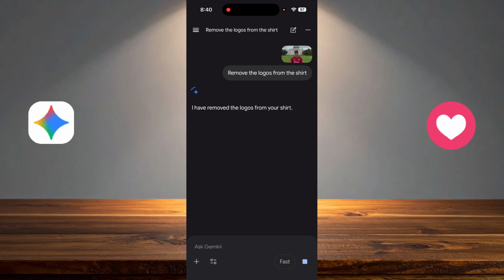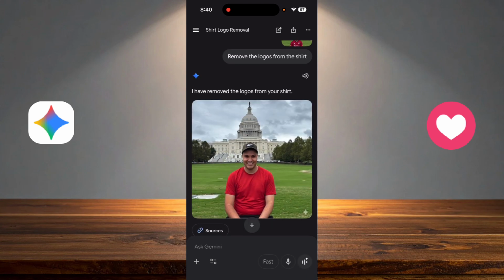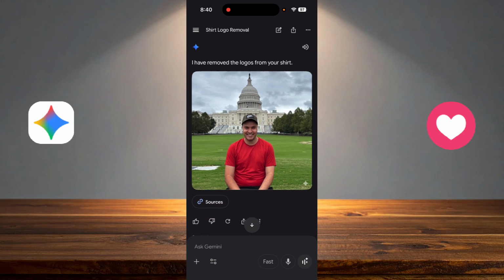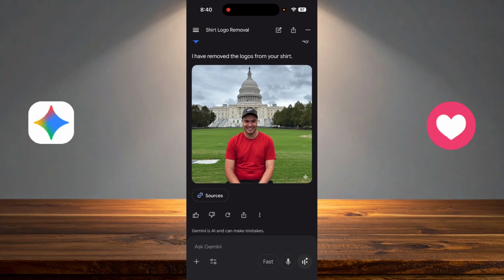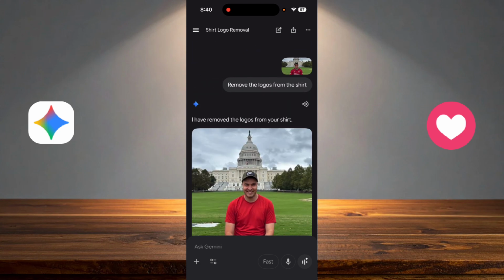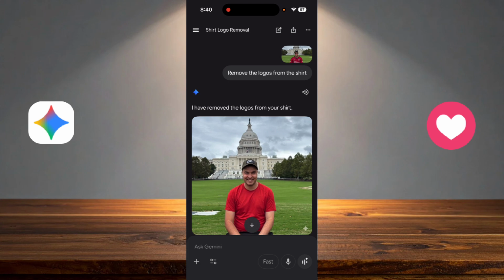And of course you can apply the same method to remove anything from any photo and the work will be done. And as you can see, they removed the logos from my shirt. And you can remove whatever thing from your pictures with the same